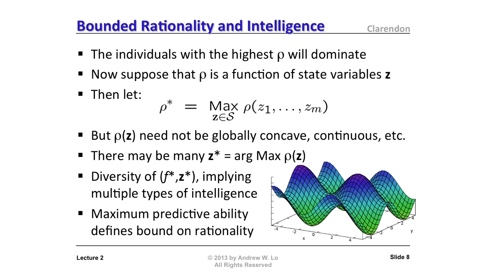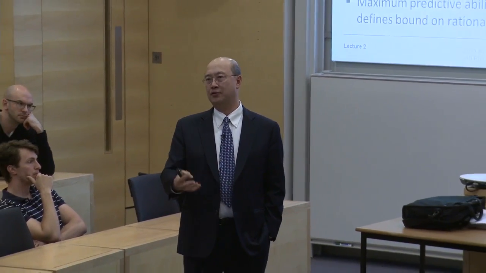The creatures that will grow the fastest, the behaviors that will be representative after many, many generations, will be those that have maximum correlation. And given weird surfaces like this, you can have lots of different behaviors that generate the same growth rates. In other words, there are lots of different kinds of intelligence. There are lots of different ways to generate these forecasts. And so that gives you a motivation for the fact that the bounds on rationality really can come about for lots of different reasons, for physiological reasons.